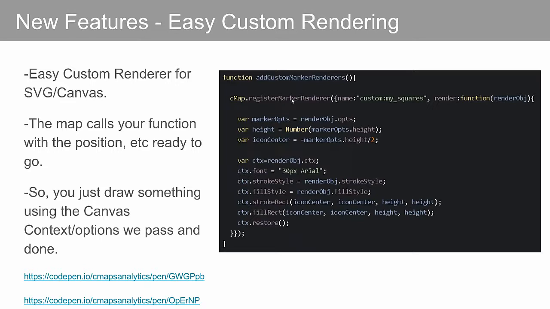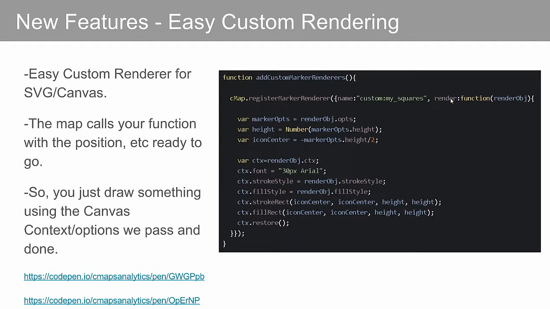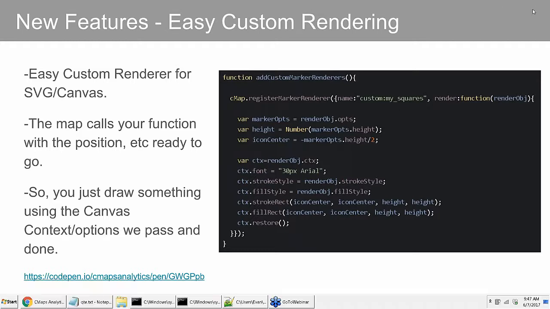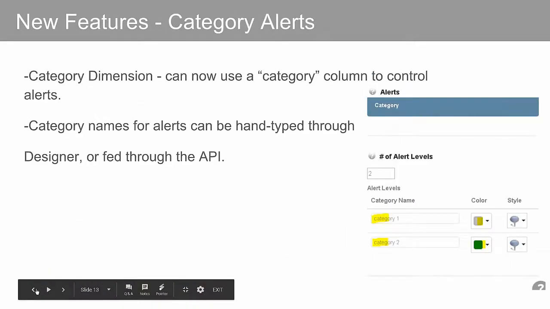So if you call register marker renderer, you pass it a JavaScript object with two fields. The first field is name, the custom icon name, which is just custom: then whatever the icon name is. And aside from that is a render function, and this render function gets called back every time a map point gets plotted on the map using this icon. So in this, we provide you a render obj